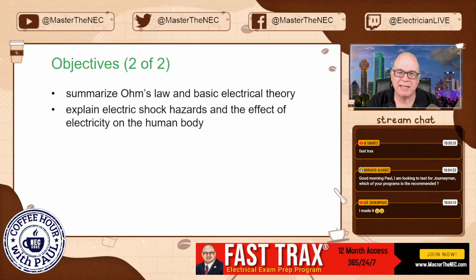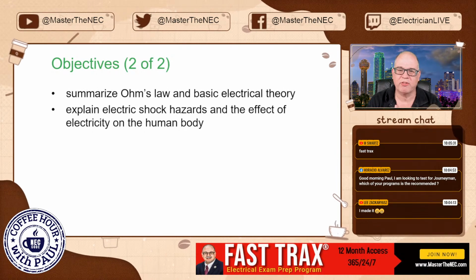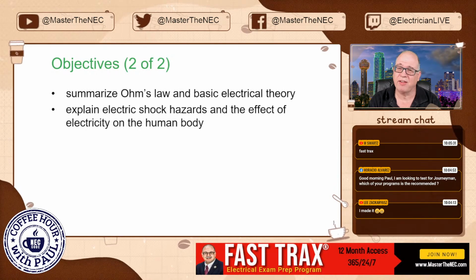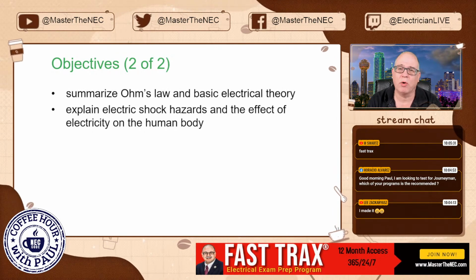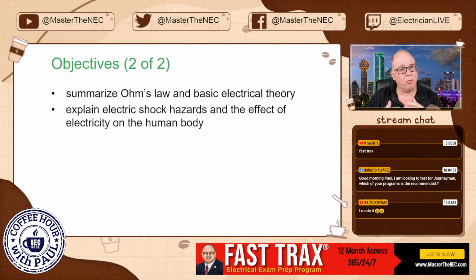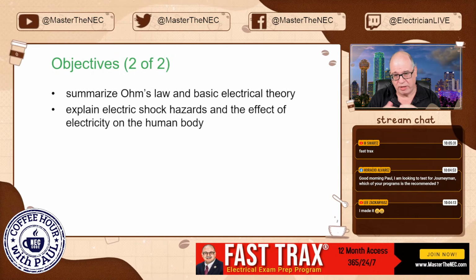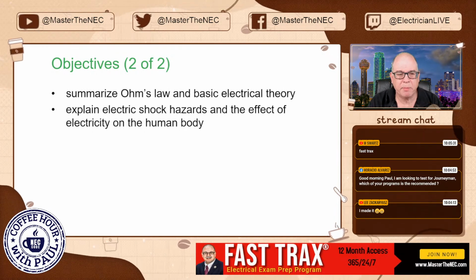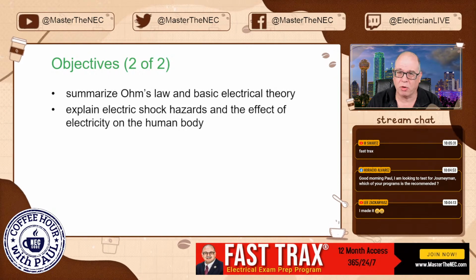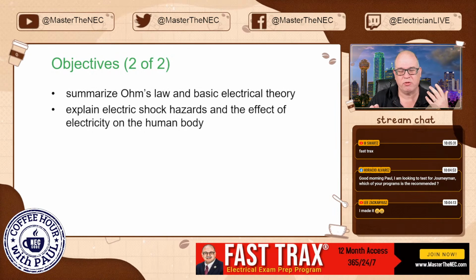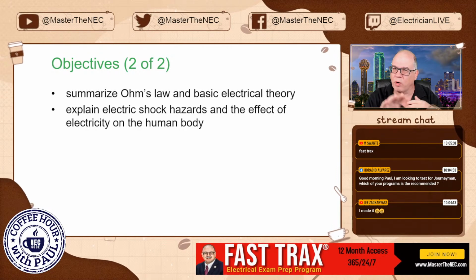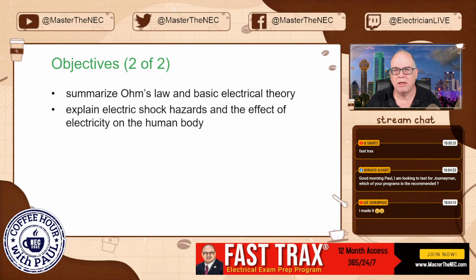At the end of the day, you'll understand the effects of shock on the body, and that something as little as a 7-watt lamp in a 120 volt circuit can potentially kill you. The reason that when we get shocked we don't typically die is because we're not bonded, and that's a good thing. You're wearing rubber soles, you're not touching between two parts, you observe the rule of one hand behind your back, and you're very conscious of how you work with electricity because you're professionals.